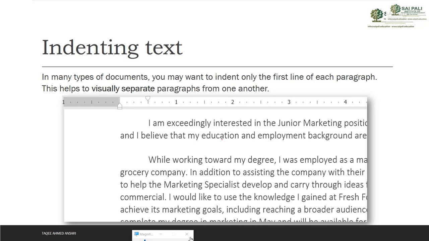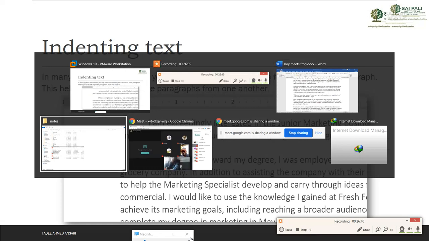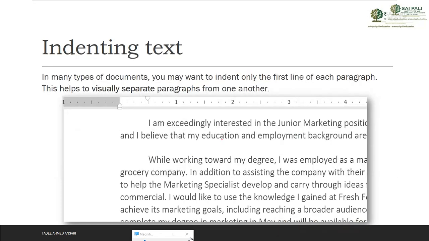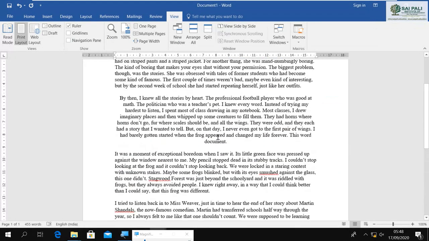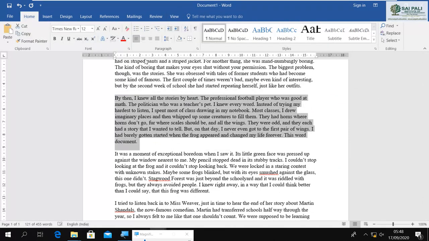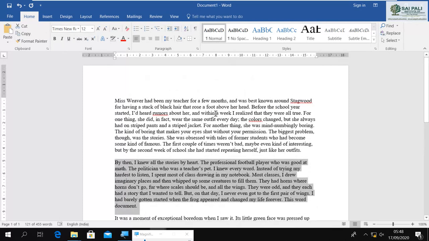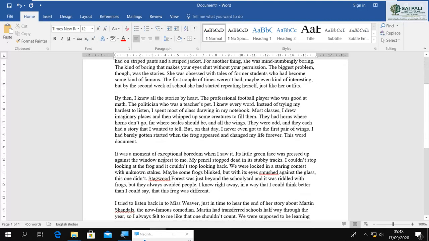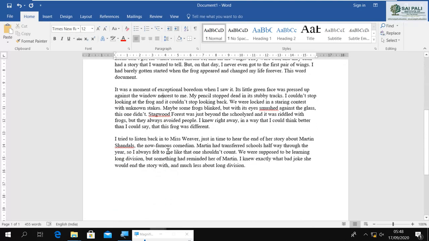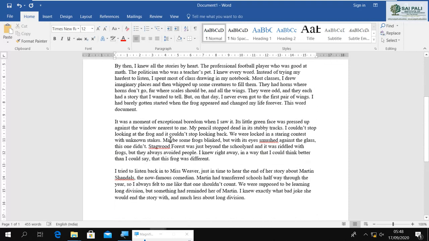Let's say we have a paragraph here. We have multiple paragraphs here. Let me make this the default, left alignment. Now you can see this is our paragraph: we have one paragraph, two paragraphs, three paragraphs and four paragraphs.